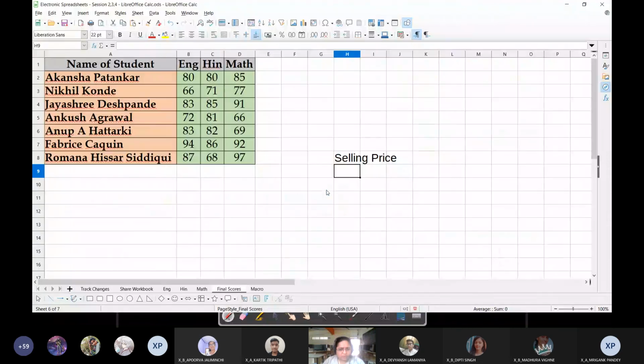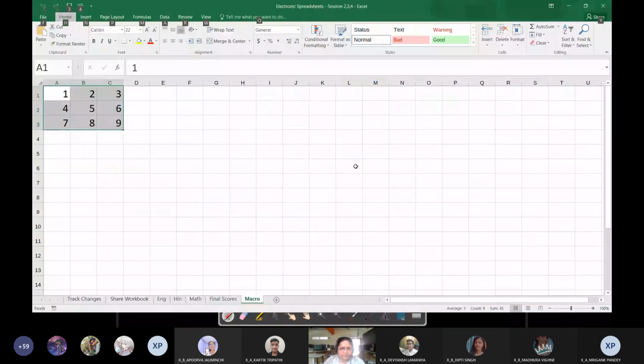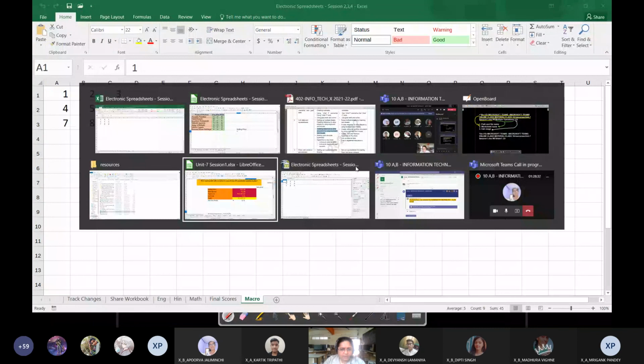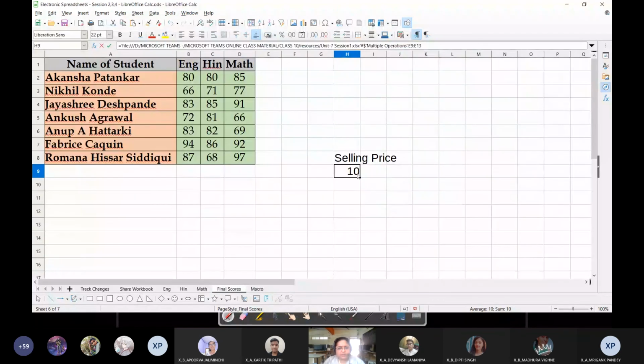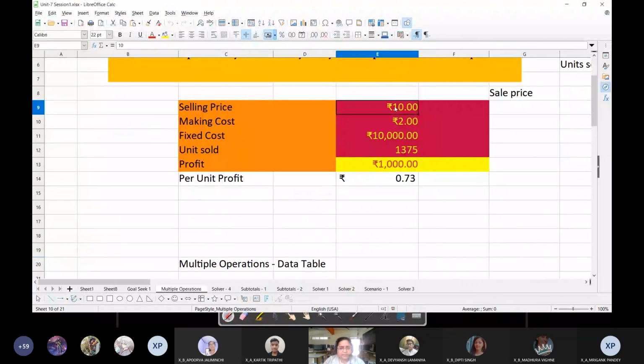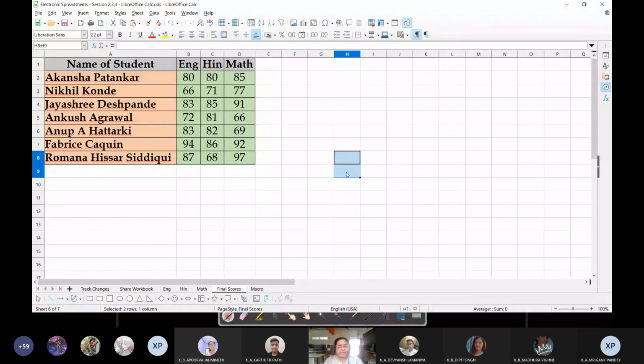What is the easy way? First, you do it using your mouse: just type equals. Okay, first open another worksheet or workbook, equals, go to that particular worksheet wherever you have the cell range which you want. Select the cell range, press enter, and you will get it there. Here you will only get the first value, right? You will only get the first value. So this kind of thing is not good for fetching the values directly.